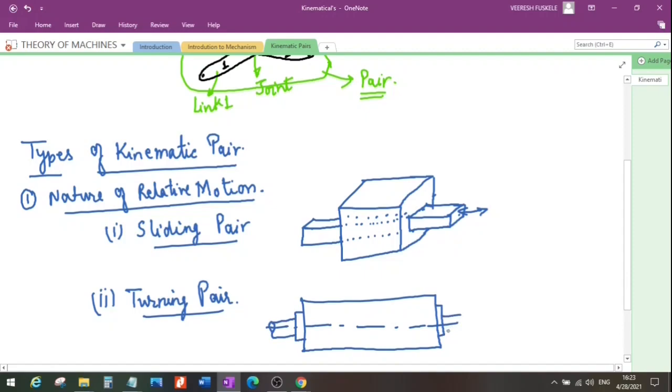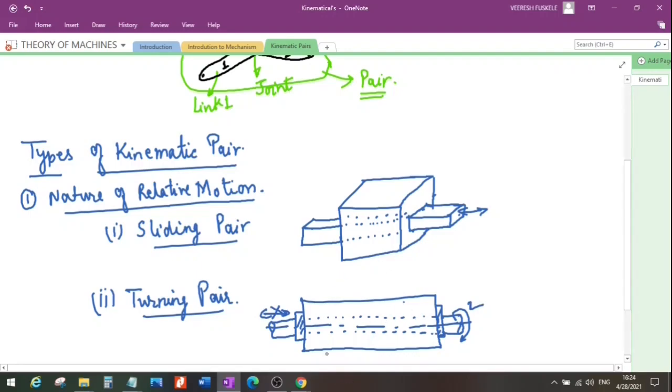Now what is important is that the shaft is basically accompanied by these two collars, right? So these two collars are basically restricting its to and fro motion inside the cylinder. This shaft can only have the rotary motion inside the cylinder, right? So this is the cylindrical hole, and the shaft will only be rotating inside the cylinder. That means it cannot have the to and fro motion. It will only have the turning motion or the rotating motion. So basically these collars are restricting the to and fro motion.